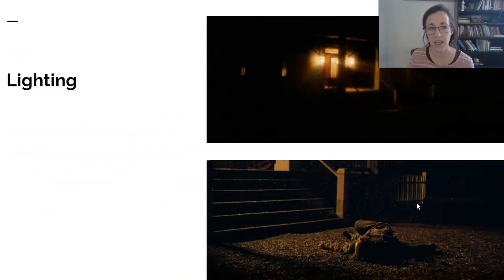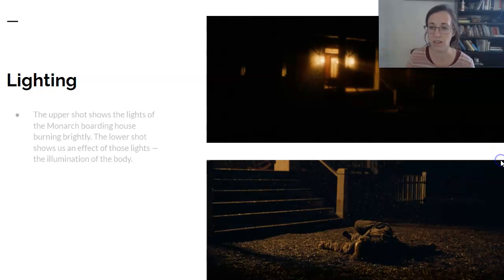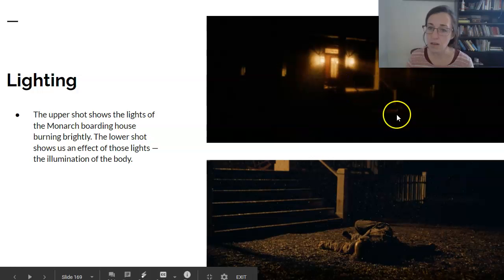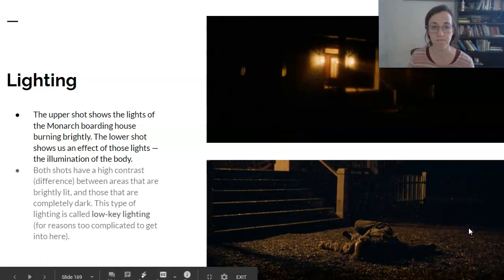The other thing at work here is the mise en scène, the things you put in the scene, which is what mise en scène loosely translates to. The lighting is key. So the upper shot here shows the lights of the Monarch boarding house glowing really brightly and diminishing everything around it outside, kind of the same way that when you see a house that's lit up at night, that light is so bright, it drowns out the darkness around it. That's happening here. The lower shot, though, continues to come into the frame more fully until we can see it's illuminating Maddie's father on the ground.